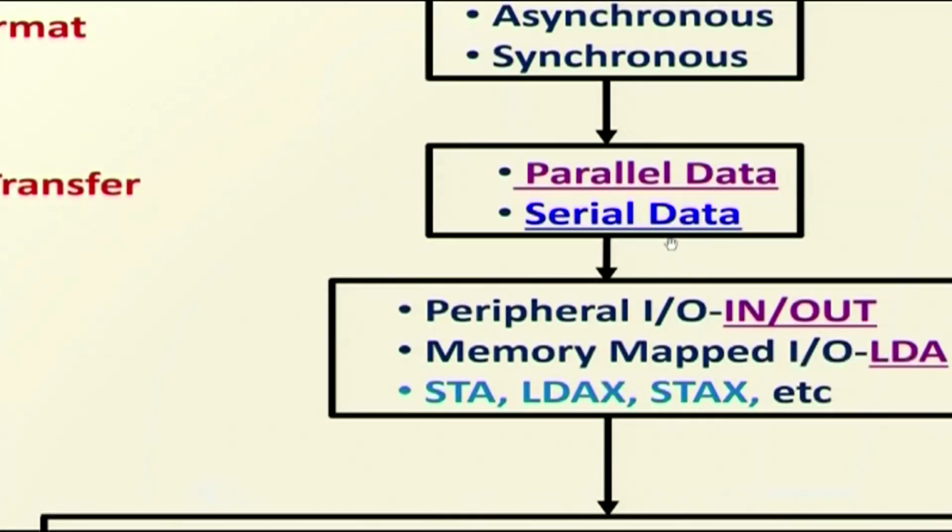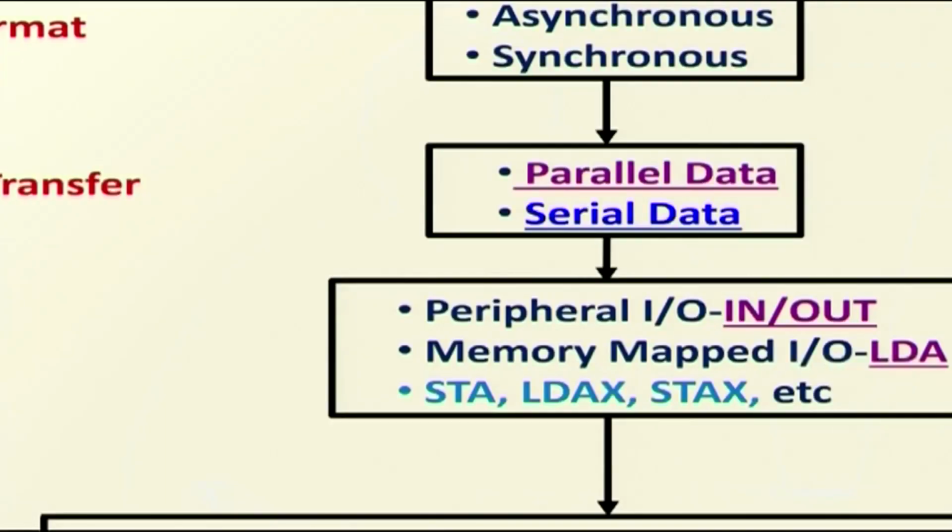The other one is serial data transfer. In serial data transfer, the processor and peripheral devices are connected over a single line. In the single line, the data is transmitted bit by bit, that is, only one bit is transmitted at a time. Usually the microprocessor performs parallel communication, but when it communicates with the peripheral devices, it will send only serial data. So, during that time the microprocessor converts its parallel data into a stream of bits. The bits will be transmitted bit by bit. This is called parallel to serial conversion.